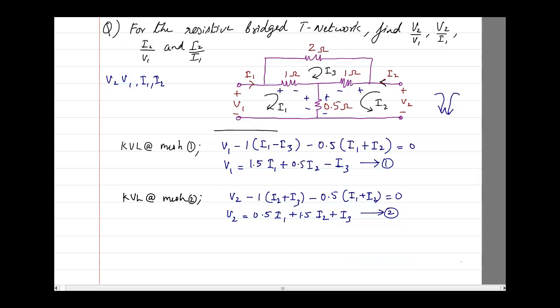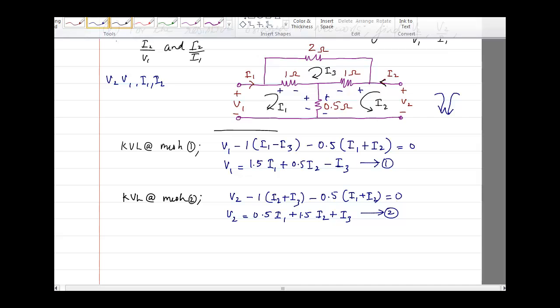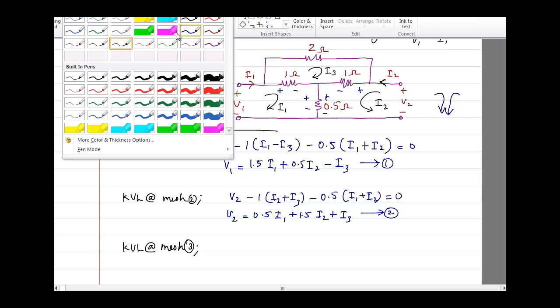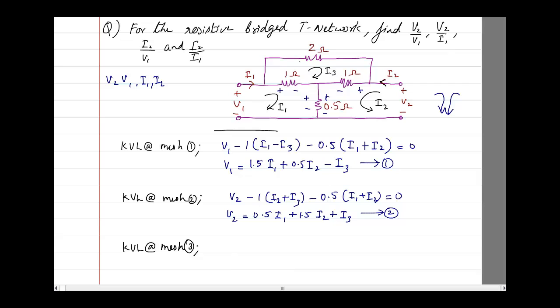So now I have to get rid of I3. I3 is given in mesh 3, so let me first do that one also. So KVL at mesh 3. Mesh 3 is the top mesh from which I can get the value. So it's going to be plus minus, plus minus, plus minus. If I take from the back of the element, so plus 2 I3